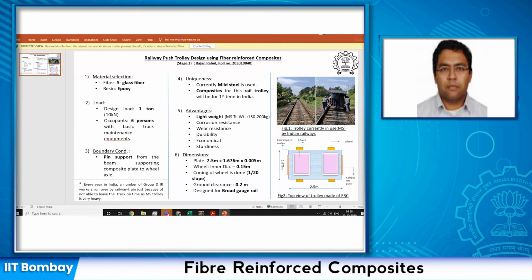Correct, as you said, the current manual trolleys are being replaced, and many of them are now powered, but there are still quite a few manual trolleys pushed by gangmen or other people, who then have to move it aside when the train is coming, which is not an easy thing. Yes, sir, and many Group D railway persons are run over by trains every time. It's a very good idea. Very good idea.